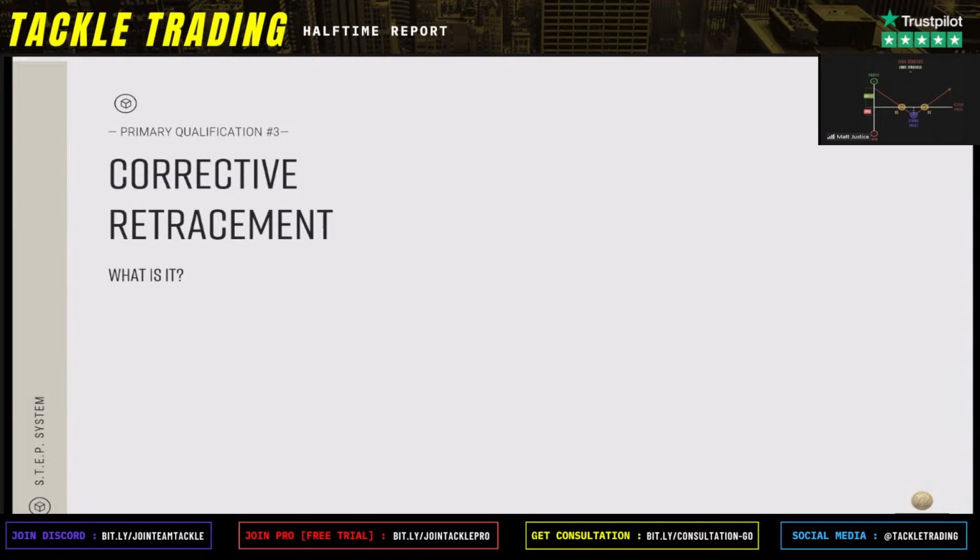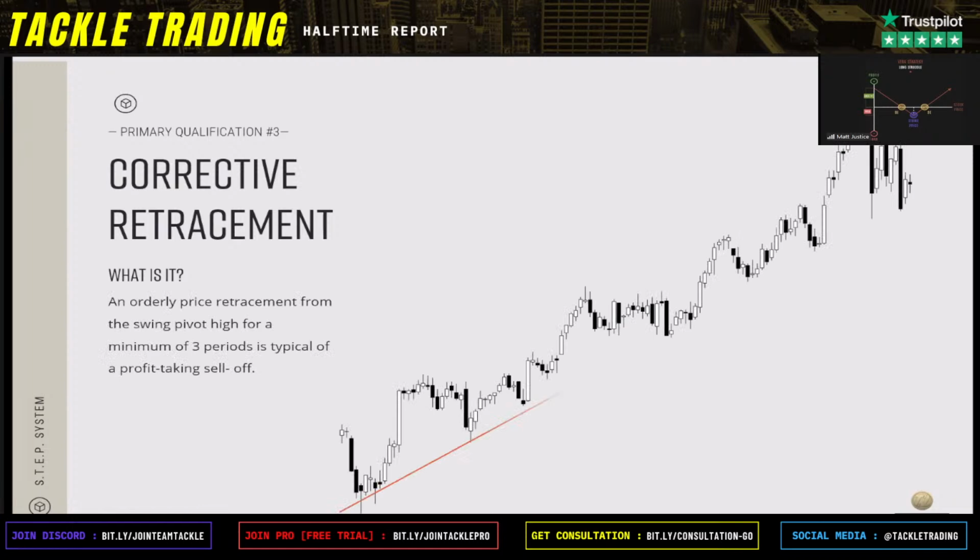In general, that's what it is. Price was high, price is lower. But when you're looking at a pullback, not everything is a quality pullback. You want to see some degree of consistency, and you want to have rules that you work off of in that consistency. And so when you're looking at a corrective retracement in general, it is the three pattern